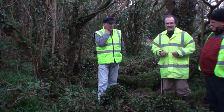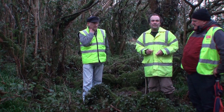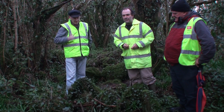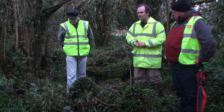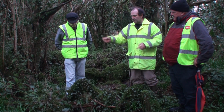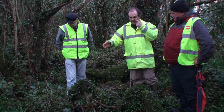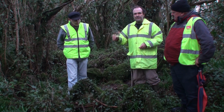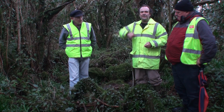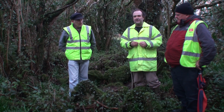And how old do you estimate these might be? Well, the early Christian sites date from any time from 500 or so onwards, so there's a lot of them around the Westport parish, and this is just another one of them. It wouldn't be one of the better preserved ones, but if you took away all the vegetation, what you would expect to see is a church, which we possibly have the remains of here, a burial ground, which you can see. Some of them have a holy well, some of them have a big circle or ring around them